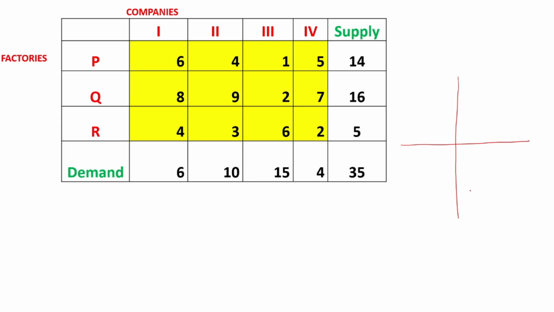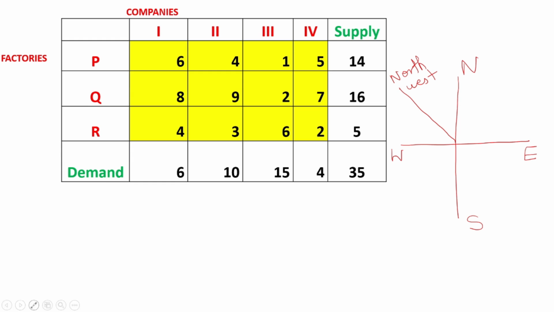We all know these are the directions. We have north on top, south down, west this side and east this side. So northwest will come somewhere over here. This is the direction for northwest, so we have to find the value which is in the northwest direction. See the values which are in the yellow background. We need to consider values for the calculation only from this yellow background, not the supply and demand values.